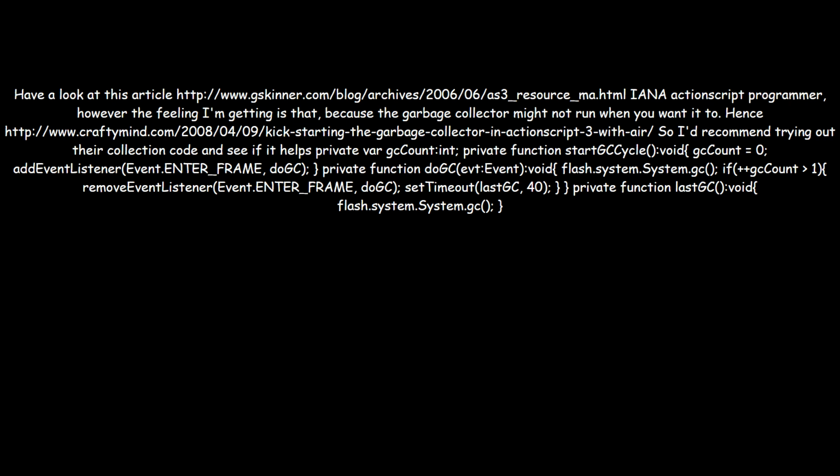private var gcCount:int; private function startGCCycle():void { gcCount = 0; addEventListener(Event.ENTER_FRAME, doGC); } private function doGC(evt:Event):void { flash.system.System.gc(); if (++gcCount > 1) { removeEventListener(Event.ENTER_FRAME, doGC); setTimeout(lastGC, 40); } } private function lastGC():void { flash.system.System.gc(); }